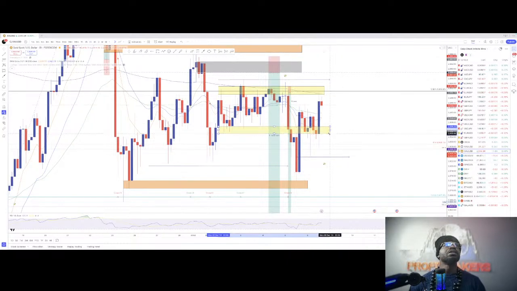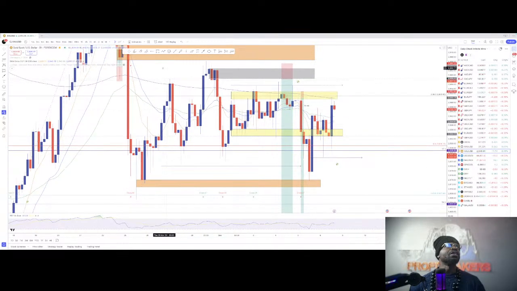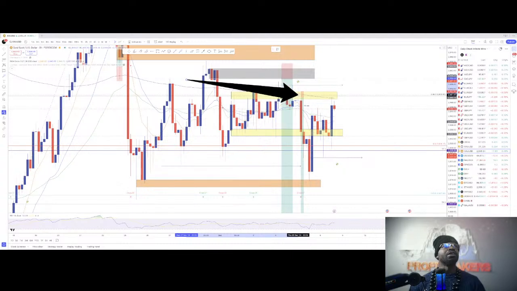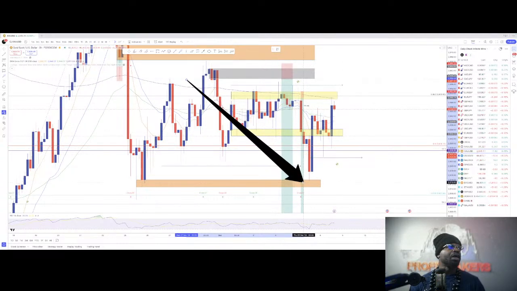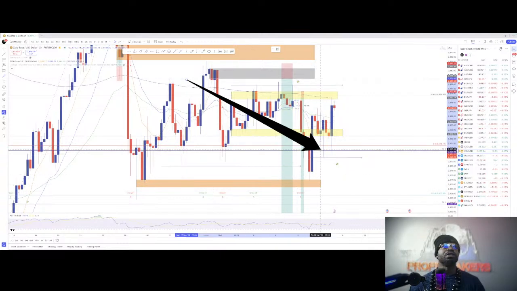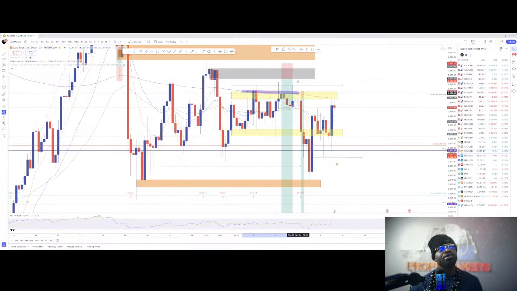Okay, so we already hit TP1 on this trade setup. We called this at the end of last week from these highs right here. Price dropped, hit TP1, and actually retested these lows and pulled back. Now, what we want to see is how price responds right here at these highs. If we continue to get a rejection with price hitting this 200-day EMA, we will see at the very least